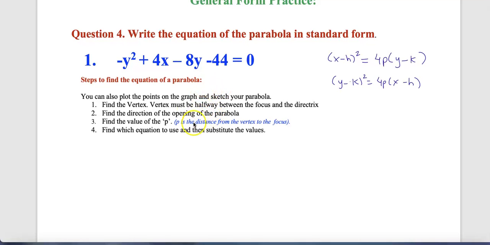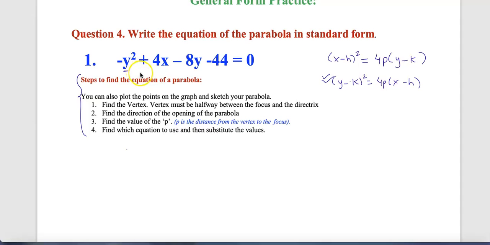The question is asking us to write the equation of the parabola in standard form. I will not be using these steps over here; I will just simplify this. When you look at this problem, I can see my y is squared but my x is not squared. This gives me a general idea that my equation should be in this form over here. So what I will do is bring